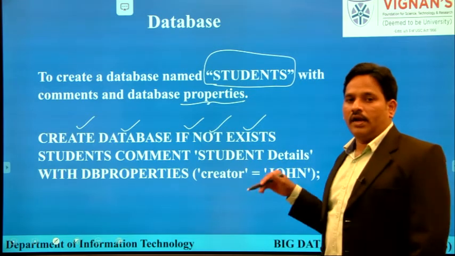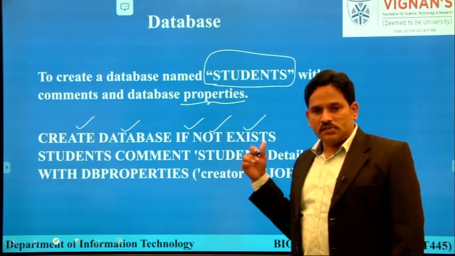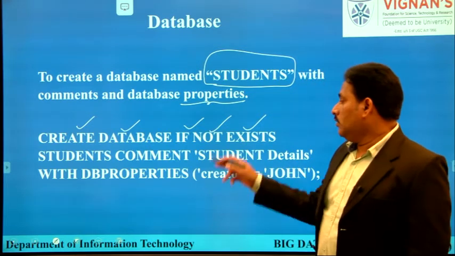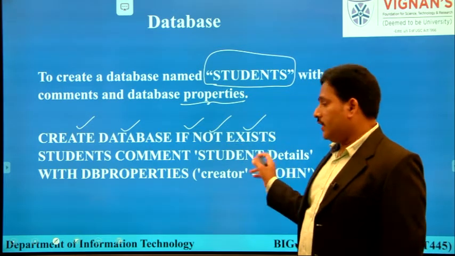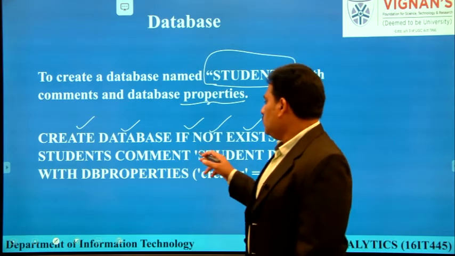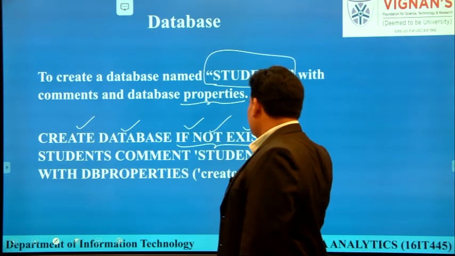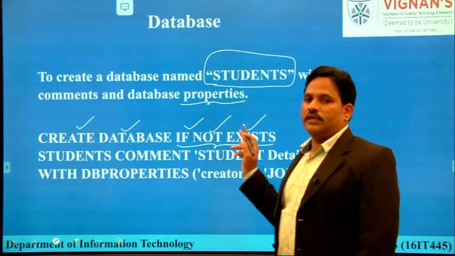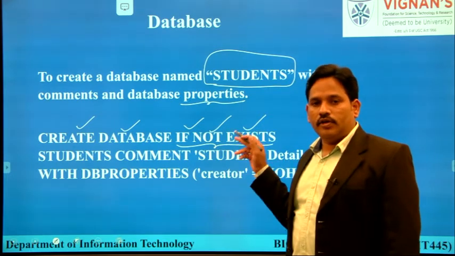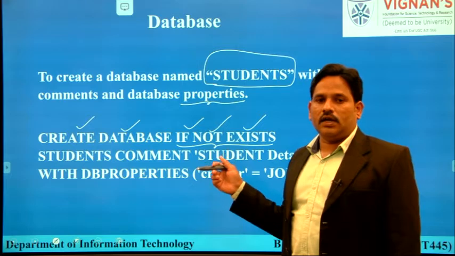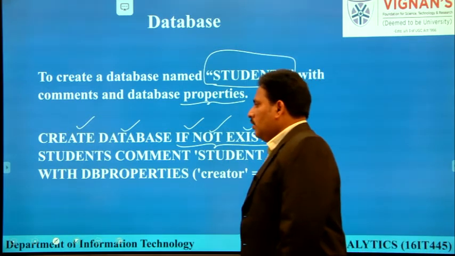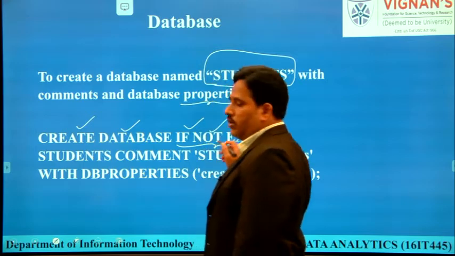That means if a database already exists with the same name, then it will not be created again. These three keywords, if, not and exists, are optional. But anyhow, if we use them, duplication or replication can be reduced. Create database if not exists.